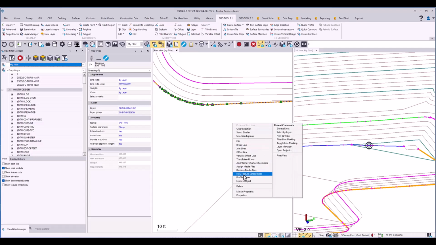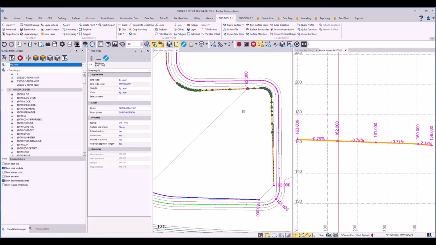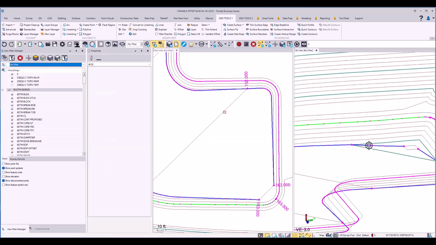Let's take a look at the profile view of this line. And in this case, the line's running that way based on what happened here. I can always reverse the direction of the line, but you notice it's coming up at 2%, 0.7, 0.78, 0.75, a nice even slope around here. So if we